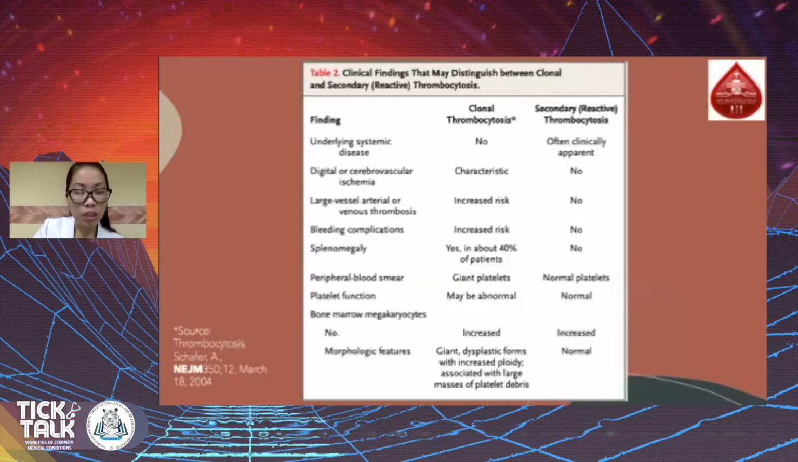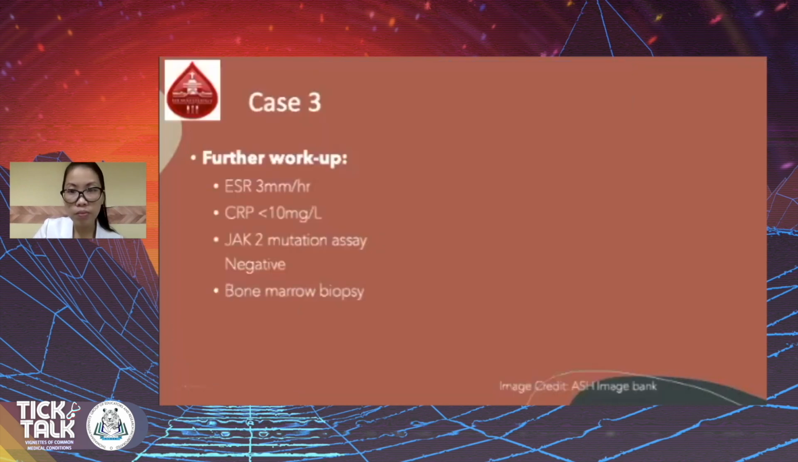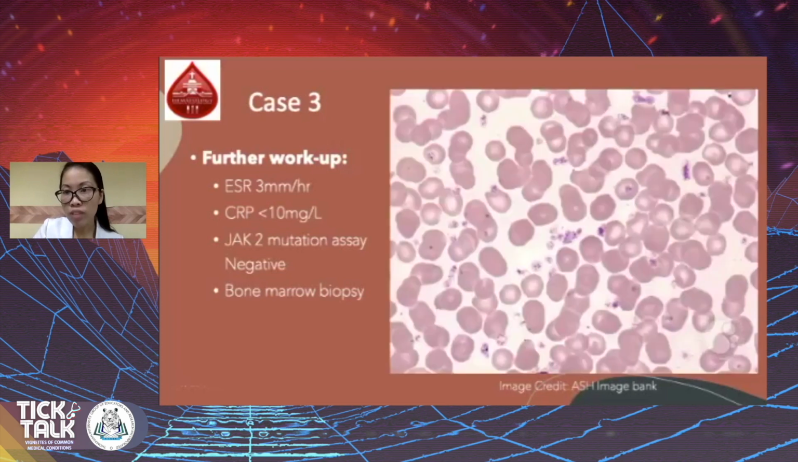So this table, taken from the New England Journal of Medicine, puts a line between a clonal thrombocytosis and reactive thrombocytosis. Our 49-year-old female patient's further workup showed a normal ESR, as well as CRP, and a negative JAK2 mutation assay. Her PBS shows wide variations in the size and the shape of the platelets,